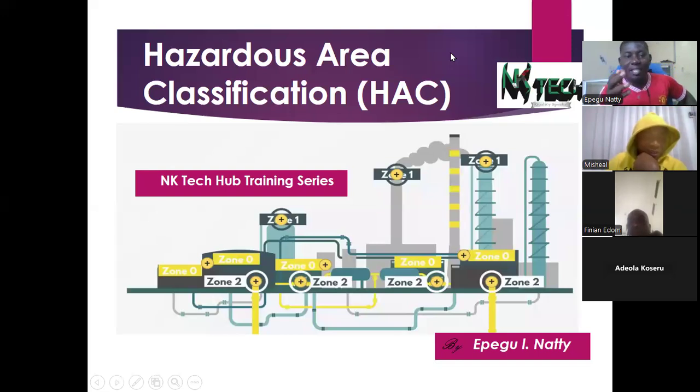So we are looking at the hazards involved in a plant, and how we can minimize those hazards, and then ensure that no explosion occurs, no accident occurs. Let's forget about accident, no explosion occurs. So in a plant, there are various barriers to prevent accidents. Now, this hazard area classification is one simple barrier that is used to prevent an accident, especially when there is